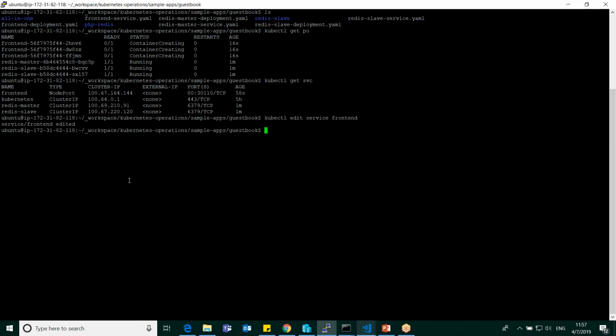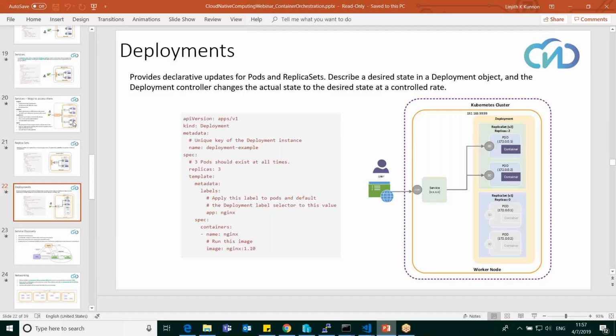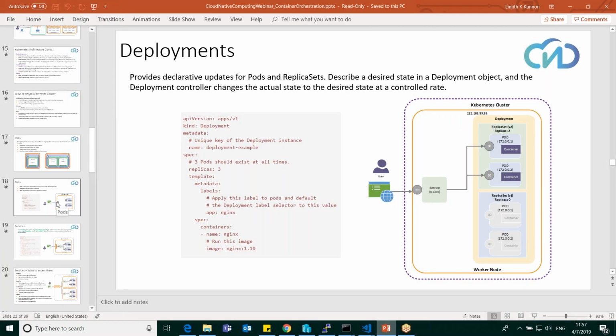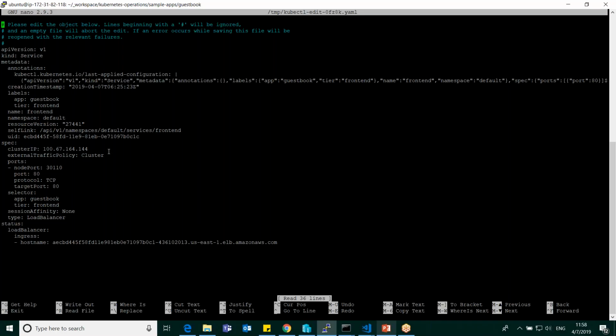So what I've just done is I modified the service of the frontend, right? Previously it was NodePort. So as per the explanation, with NodePort we will be able to access it from that 30,000-plus port on the host. So it's host IP colon that port number we should be able to access. But right now I may not be able to access it because of the firewall, because only 80 and 443 are